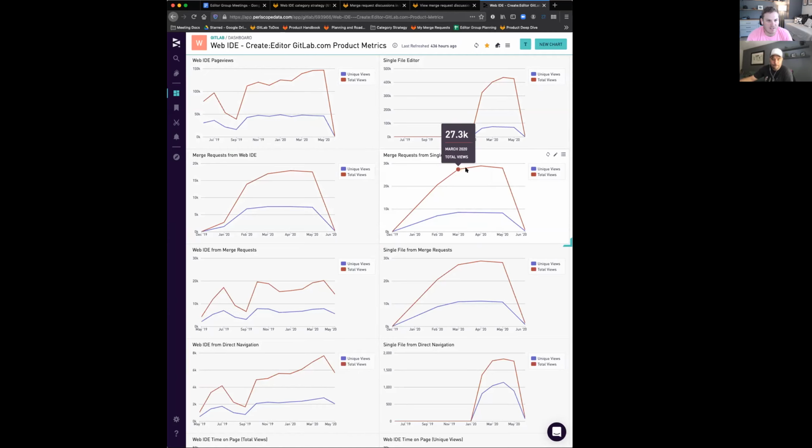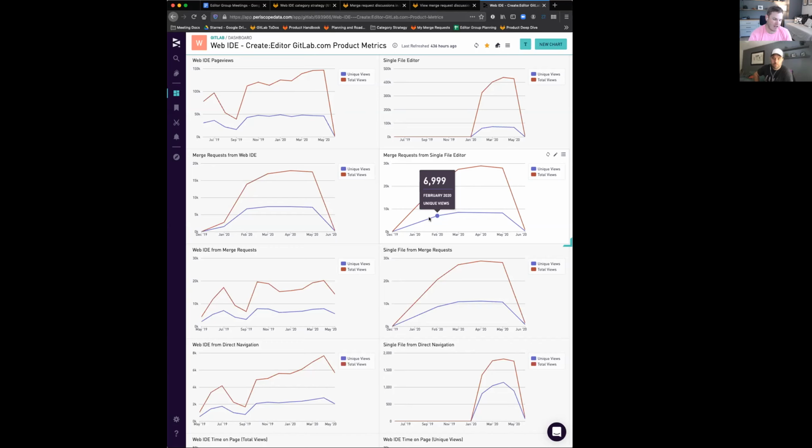Right. Merge request is almost 2x across the board, which is people who go to a merge request from the single file editor. There are multiple ways that could happen. With the Web IDE, the workflow is probably more likely that you use the Web IDE, click create new merge request, and you're directed to create a new merge request.